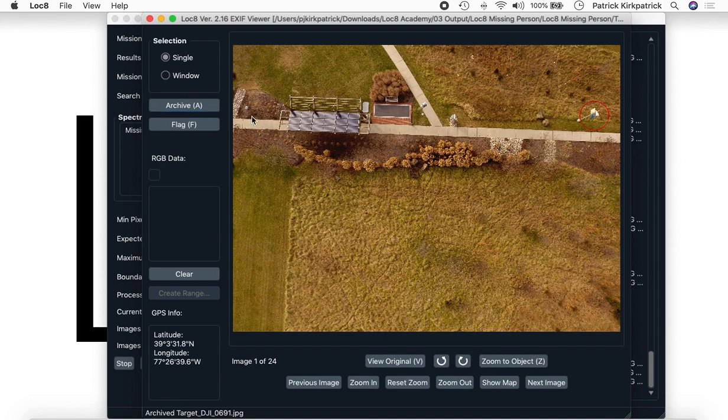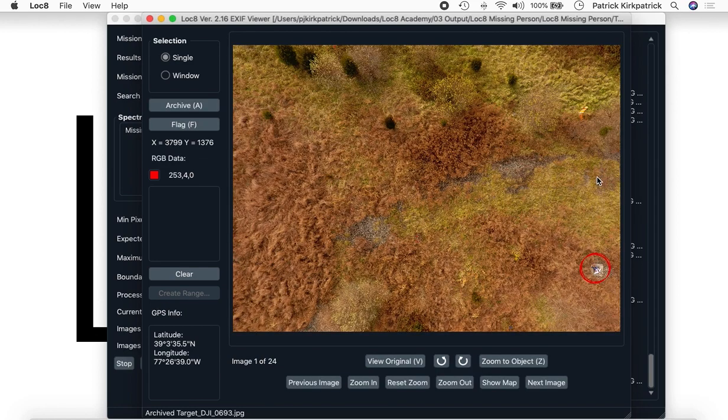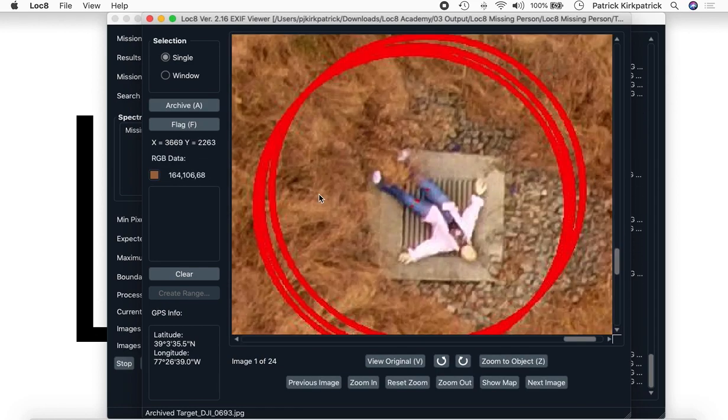Next image is a similar image. Keep in mind, when this data was collected, we had about 80% overlap, so you can expect to see similar images. But hopefully this process speeds that up. That's a flag. I'm going to archive this one as well. This one I'm going to zoom into, and here is the